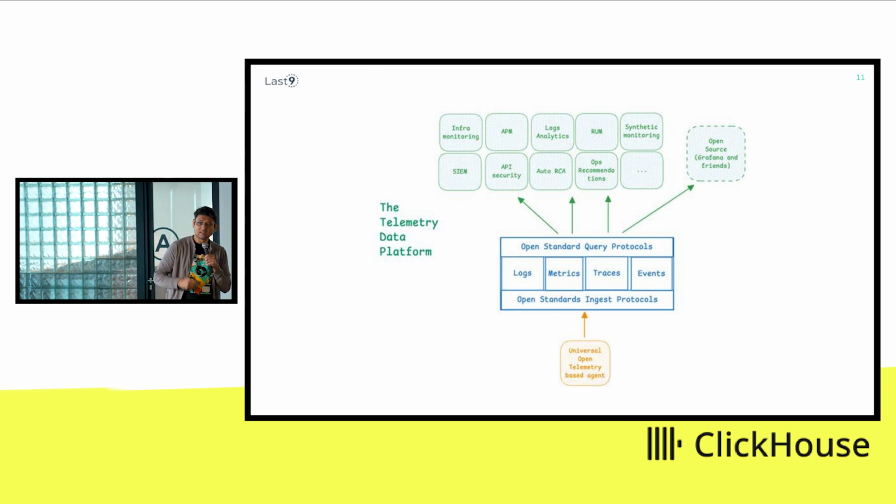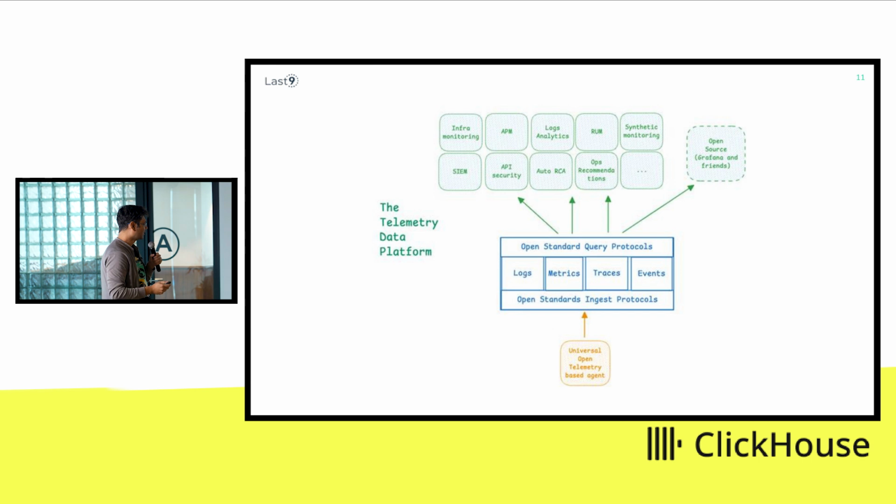The way that Last9 has taken is basically we have a telemetry data platform, which is the core platform layer, on top of which the applications are built, right? So we'll go step by step, and I'll quickly explain what the telemetry data platform actually means on the ground. So firstly, you have a universal agent to collect, right? OpenTelemetry has matured over the last couple of years. It is improving day by day. It's becoming popular and it's also becoming the de facto standard. So you can easily have one agent which is collecting all these different data types